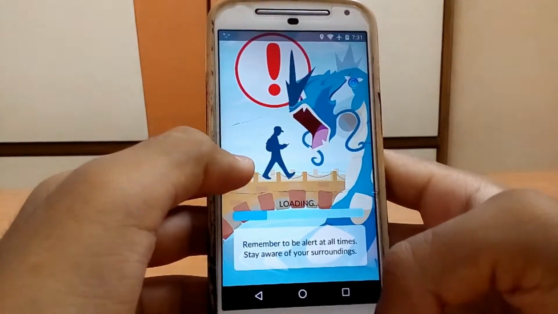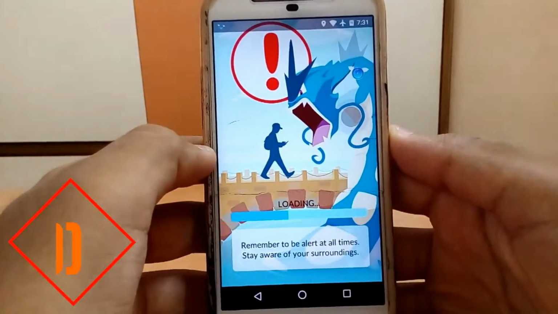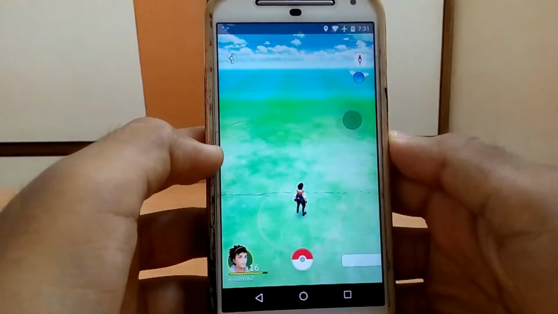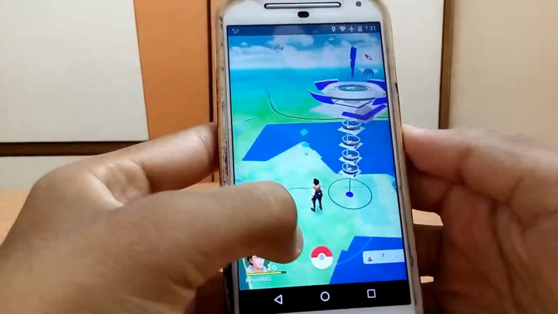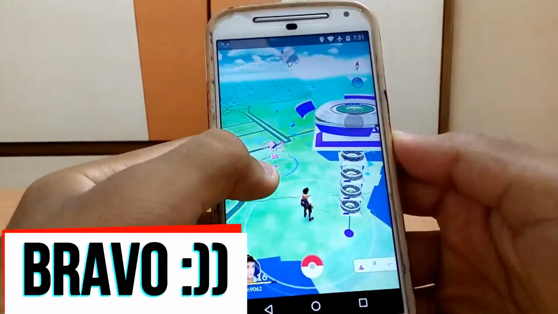It's my guarantee if you are using Android 6.0 or up. As you can see, we are currently at the Gateway of India.